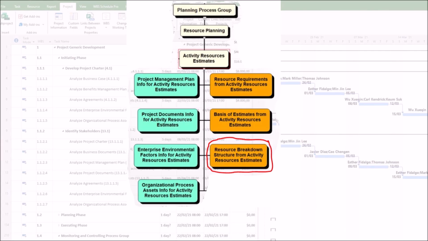In conclusion, while the initial list of resource types and quantities is the core of the estimate activity resources process, the resource breakdown structure is the vital output that gives that list structure, clarity, and utility. It is not an optional administrative exercise. It is a powerful management tool that bridges the gap between what work needs to be done, defined by the work breakdown structure, and what is needed to do it, enabling accurate budgeting, efficient procurement, and effective resource control throughout